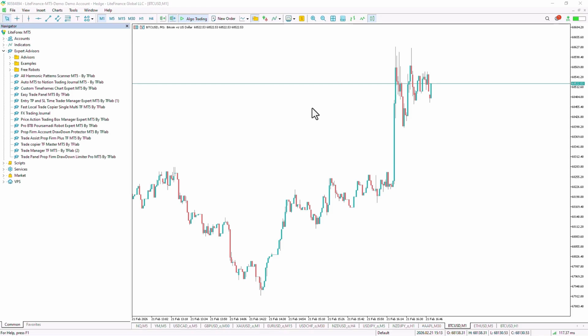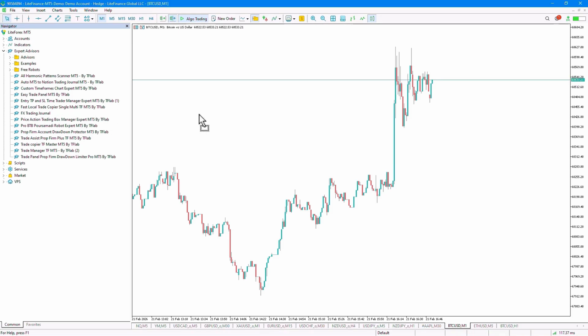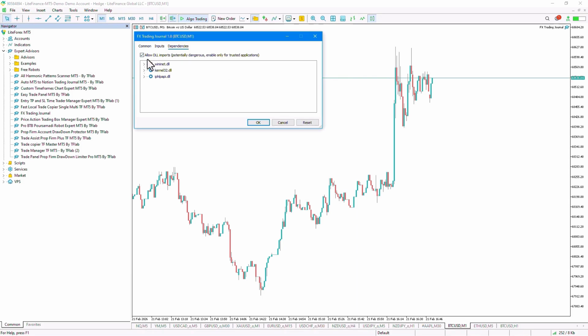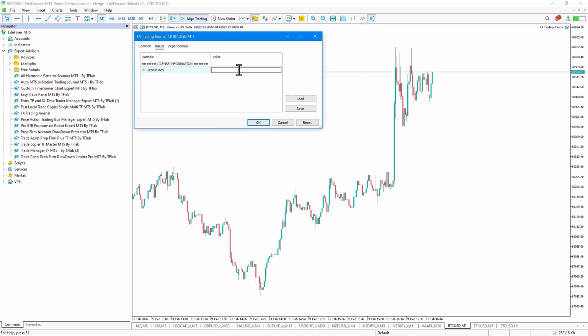From the Navigator section, we select the expert file, and by dragging the file onto the chart, we run the expert. We go to the Dependencies tab, and from this section, we enable the Allow DLL Imports option. After that, we go to the Inputs tab, where you need to enter your own dedicated license for this expert